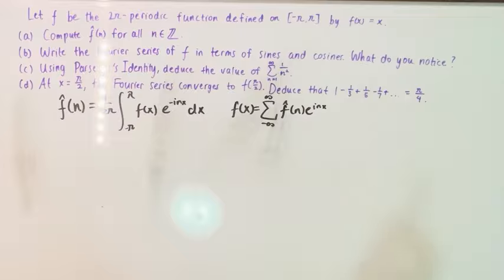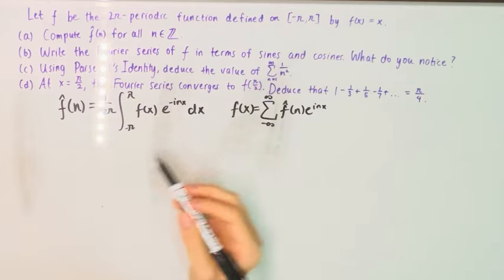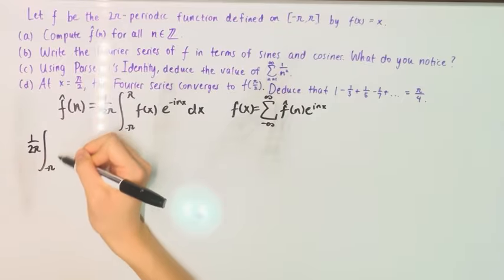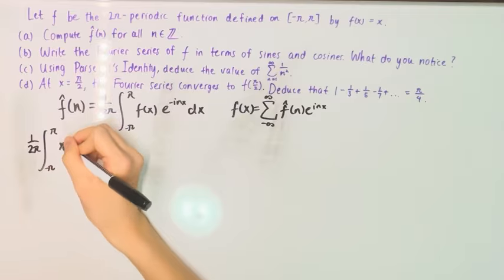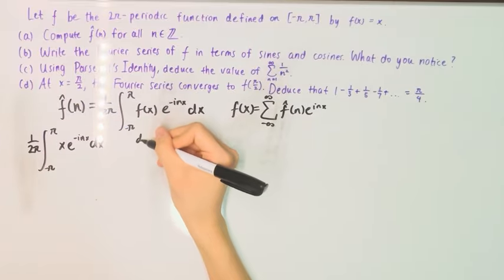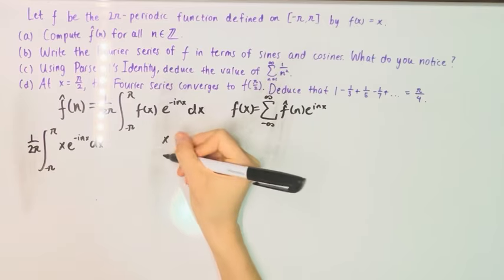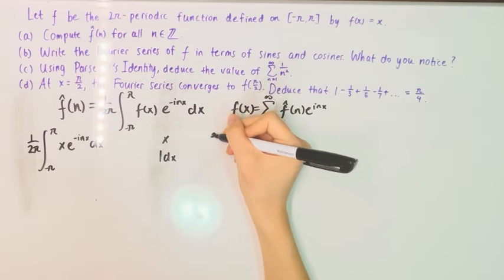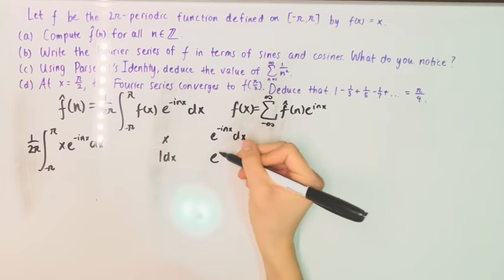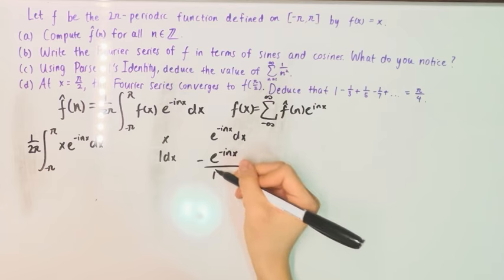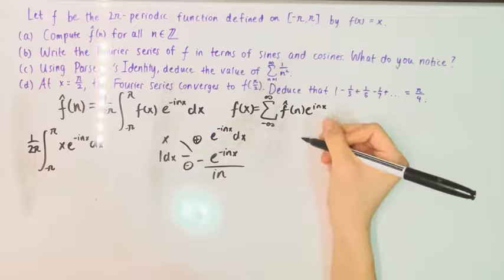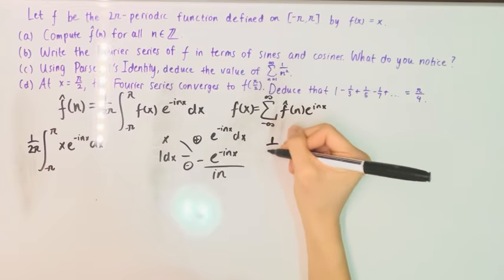Okay, so let's do this. When we are computing the coefficients, we are going to want to use integration by parts. So x e to the negative i n x, minus, this is 1 dx, e to the negative i n x dx, e to the negative i n x over n, add this, subtract this. So our formula is going to be 1 over 2 pi